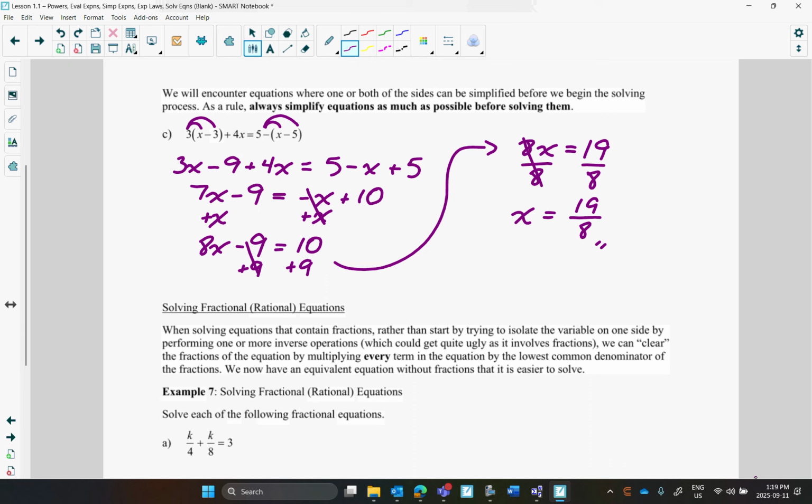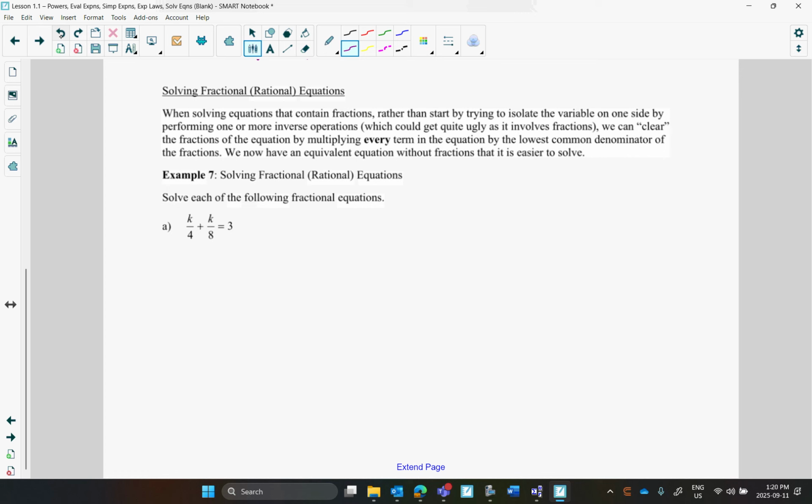The other big type of equation we learned to solve last year were fraction ones. As soon as you see a fraction in an equation, we want to get rid of the fractions. We don't want these denominators here. We want to make it look like one of the ones we've already solved because they're easier. Do you remember how to get rid of the denominators? You multiply by